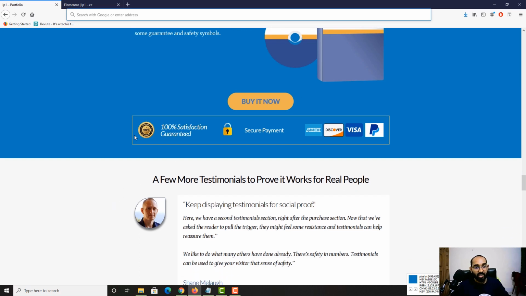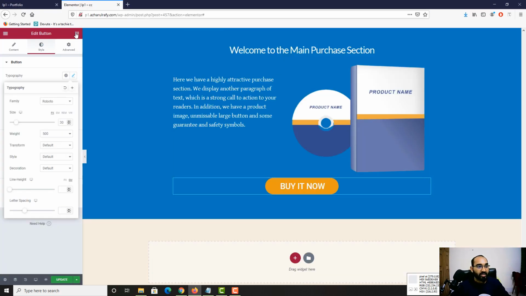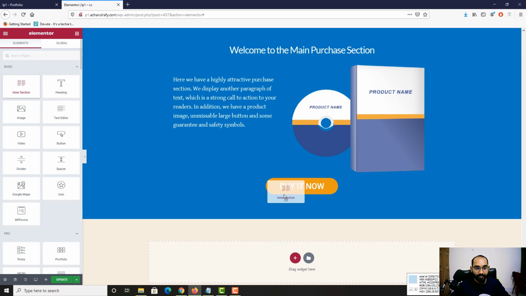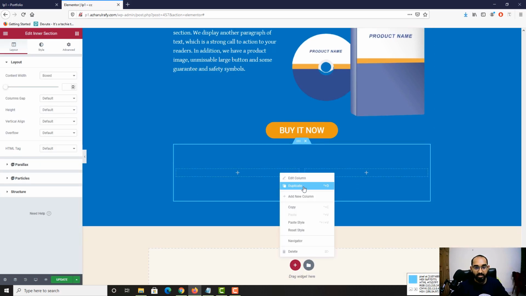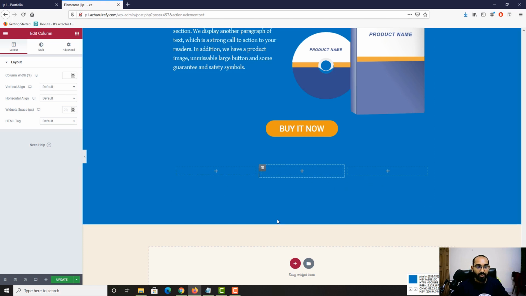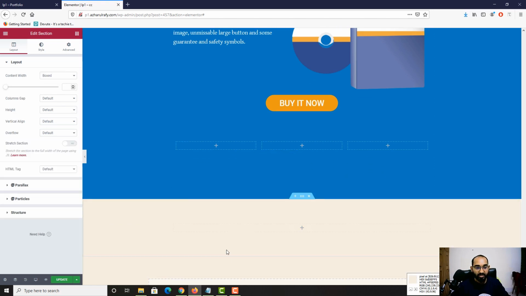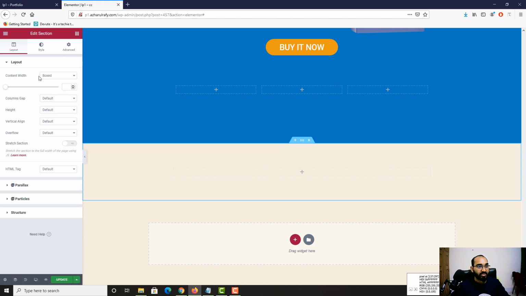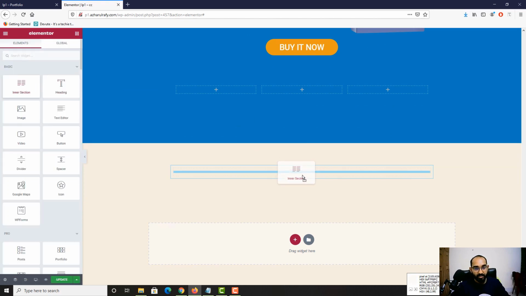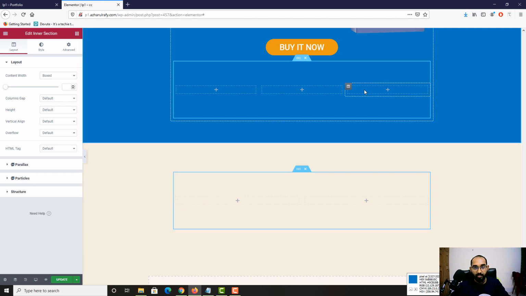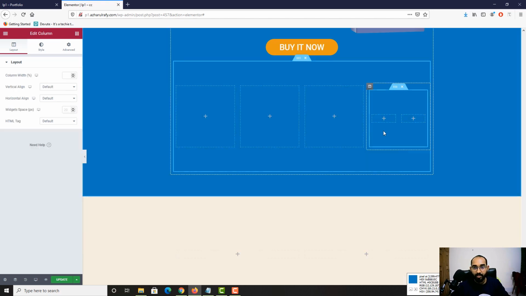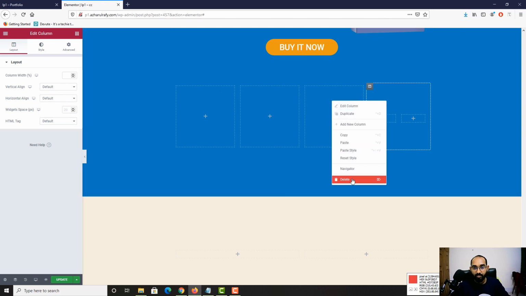Okay, so now the one of the complex parts, I'd say. So now let me just show you. We need to take another intersection here, and after that we are going to duplicate this one, and then we are going to take a section here actually, and then we are going to take an intersection right here, and we're going to copy this intersection, copy, and then we're going to paste it here. All right, now let's delete this one,